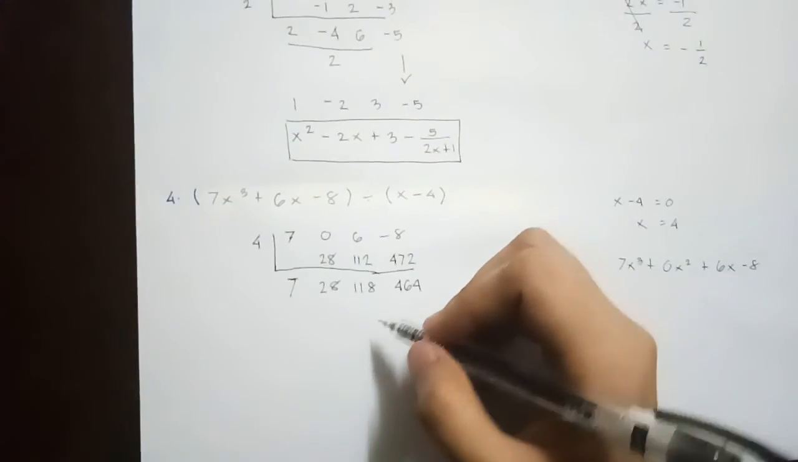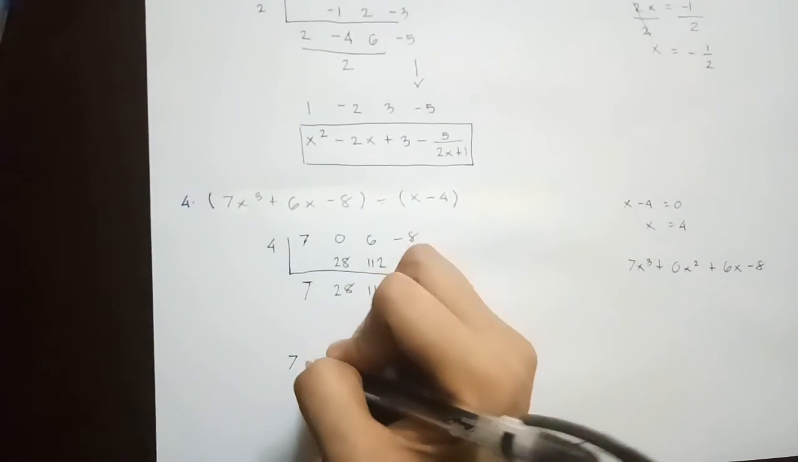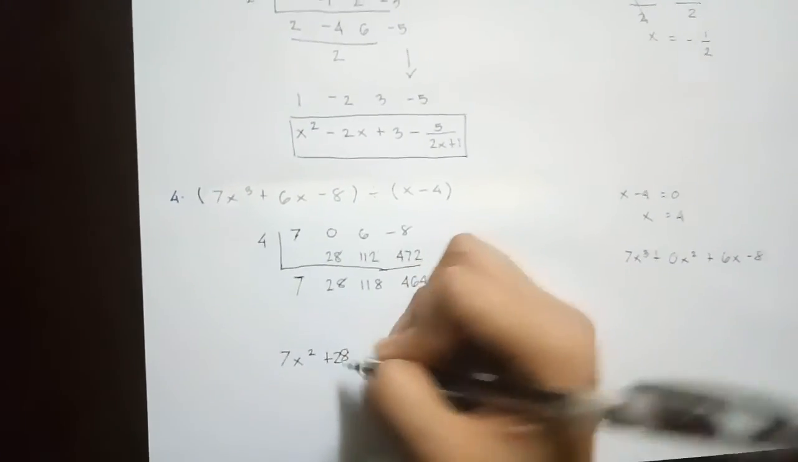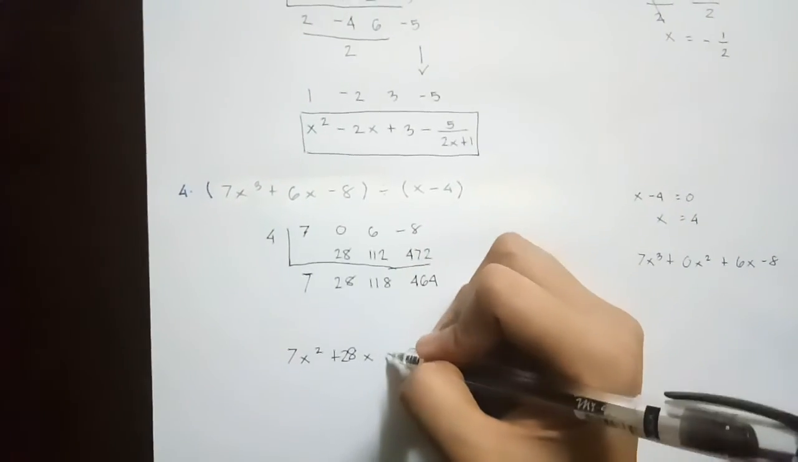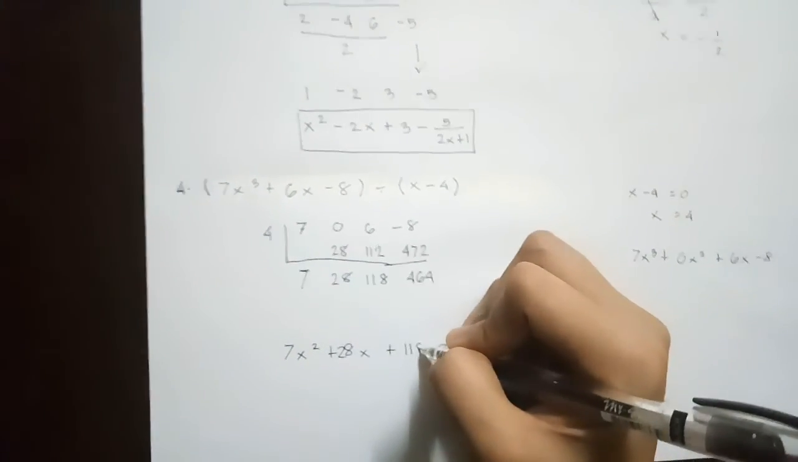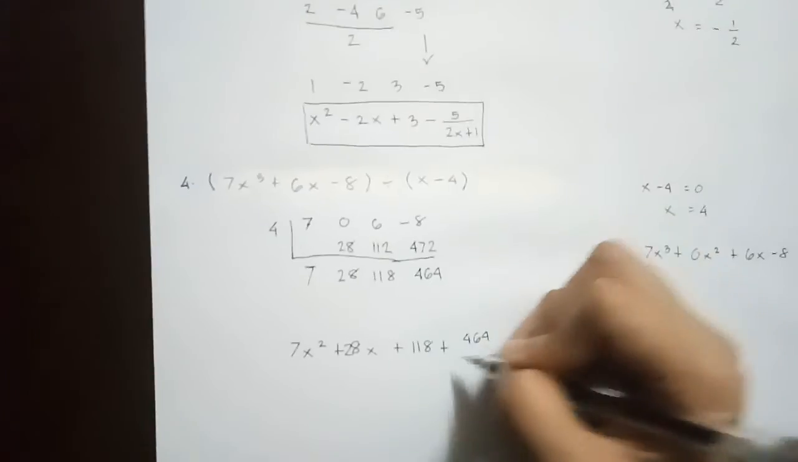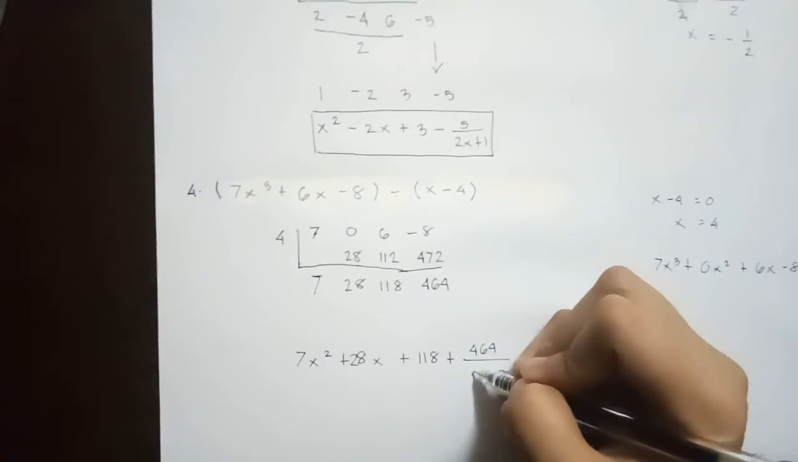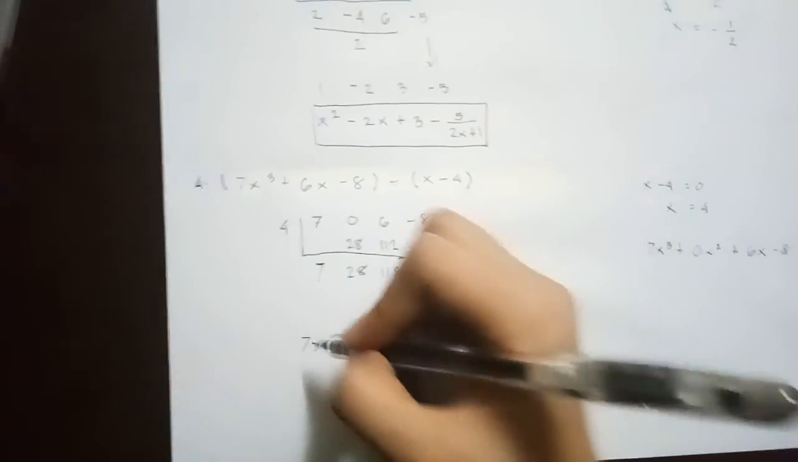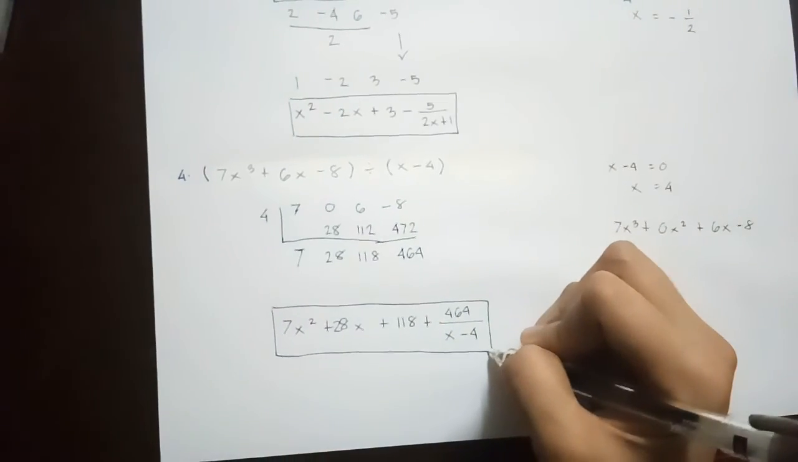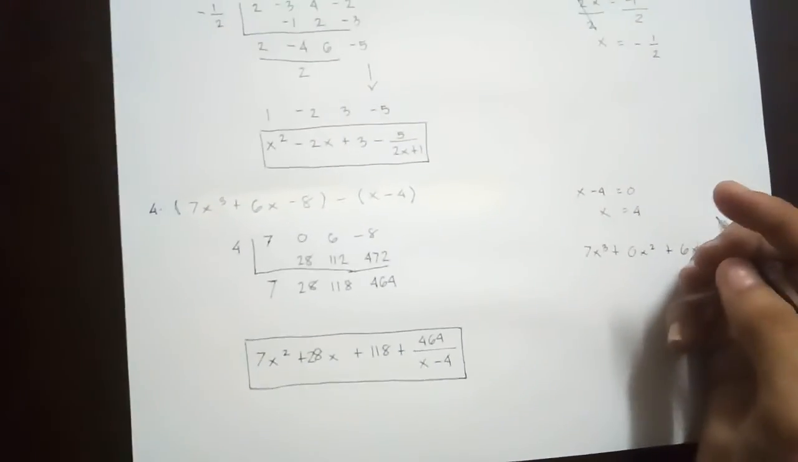So our answer would be 7x squared plus 28x plus 118 plus 464, and the one that we tried to divide it with, x minus 4. So this is our answer for the last example. Thank you for watching, and I hope you learned how to perform